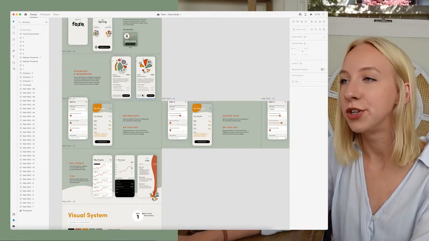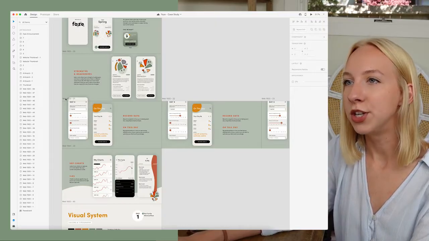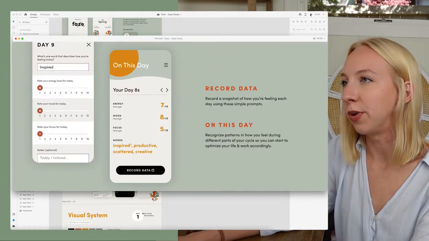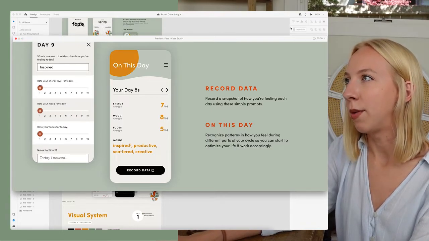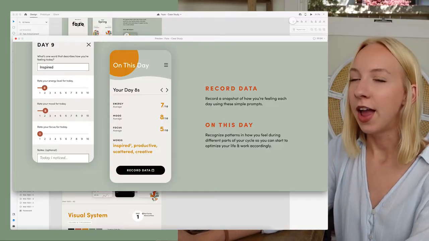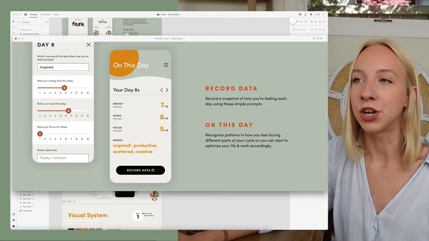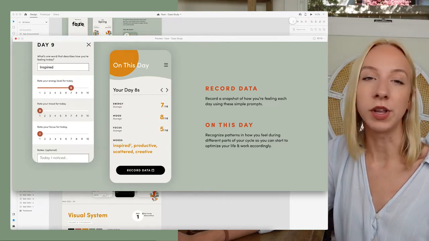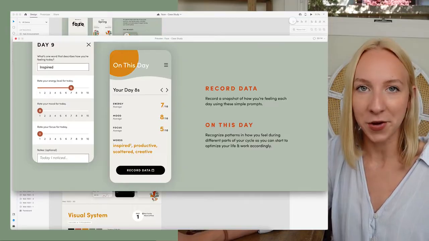So now, in order to capture this as a video, what we want to do is go back up to play this prototype, and we're just going to hit record. And I want to make sure that my mouse, my cursor, is completely out of the way, and I'm going to let this play through the loop a couple of times to make sure that we have at least one really good full cycle of the animation in this video. So then